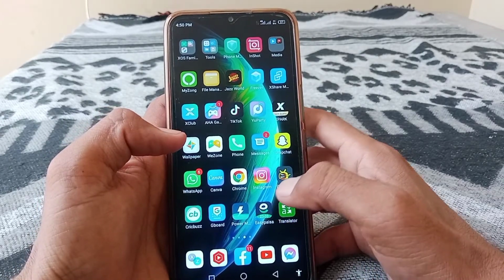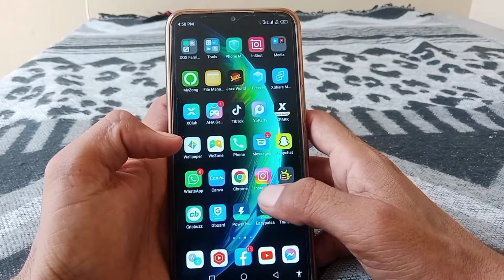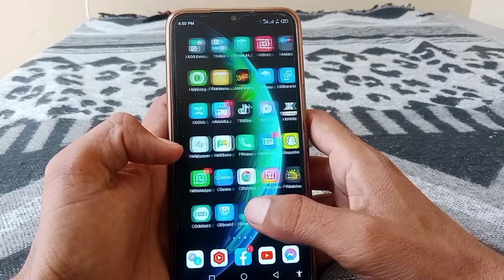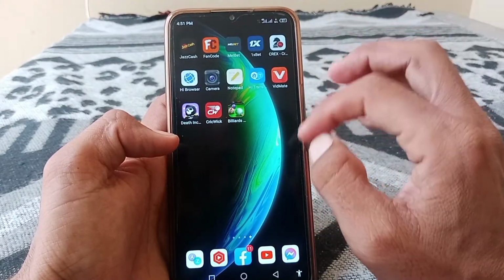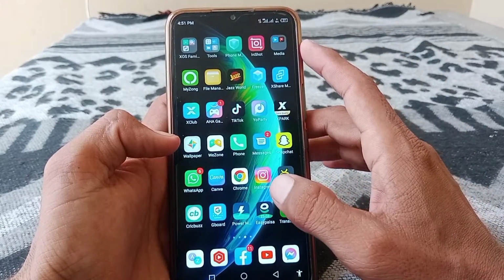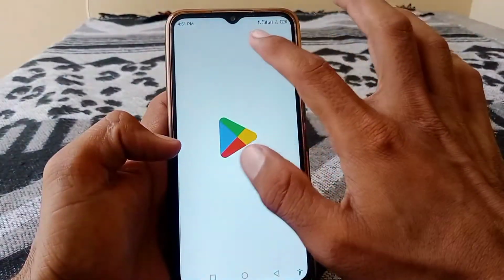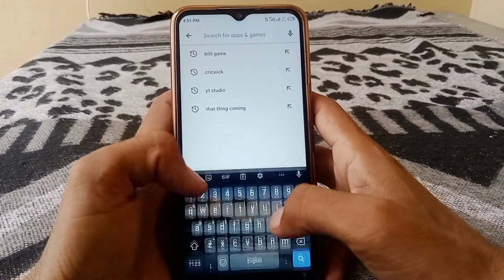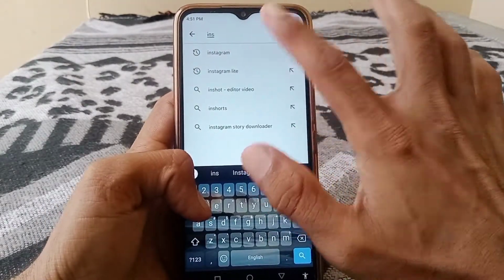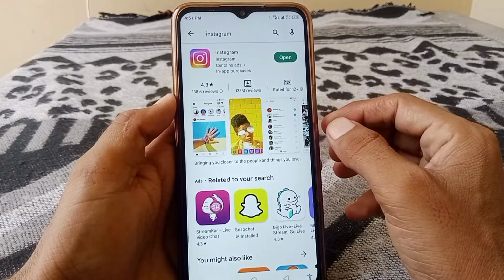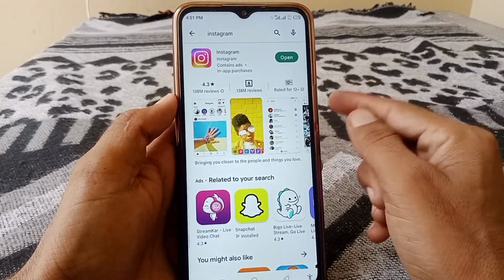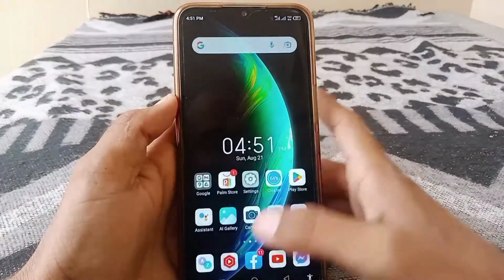and then you have to make sure that you have an updated version of Instagram. So you have to open Play Store from here, and then you have to search for Instagram. So firstly you have to make sure that your Instagram is updated, and if your Instagram is updated and you are still facing this type of problem,